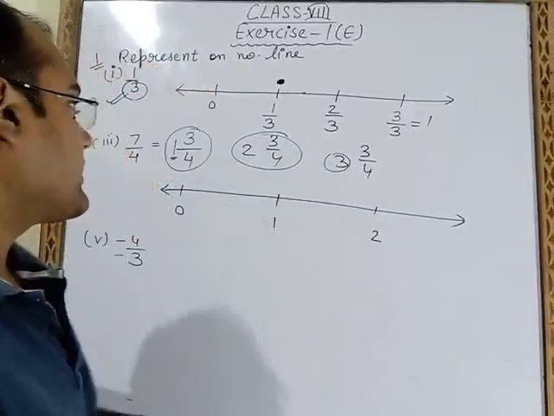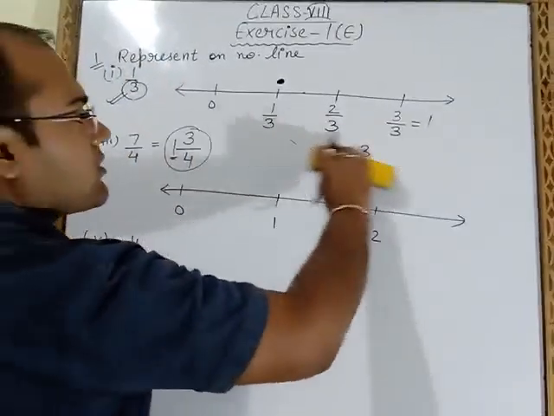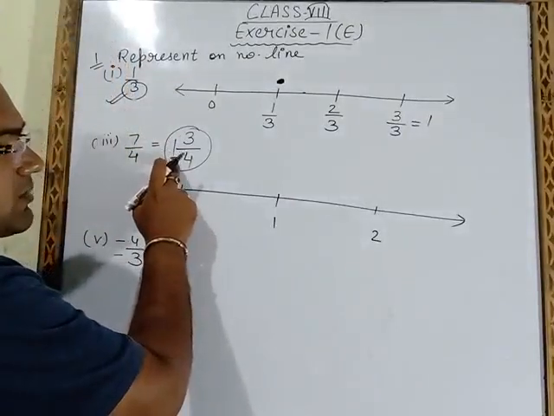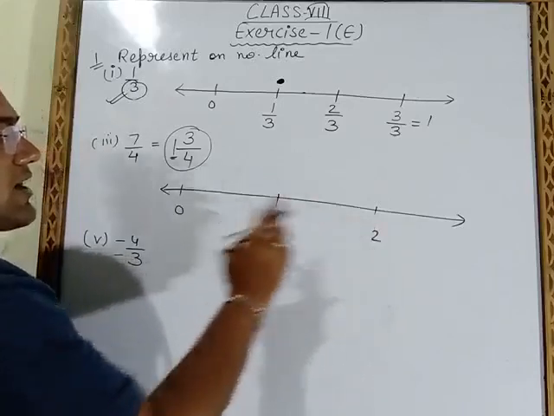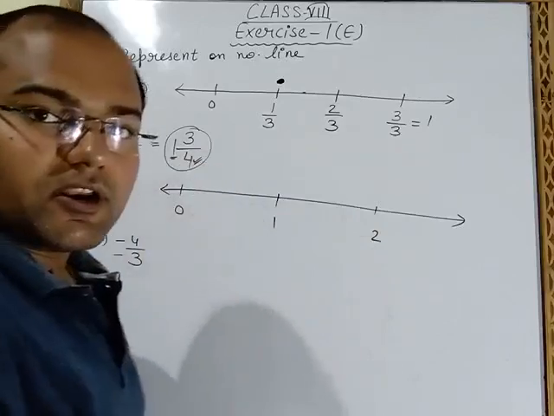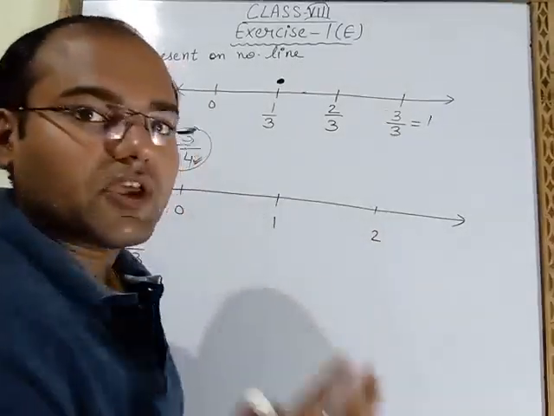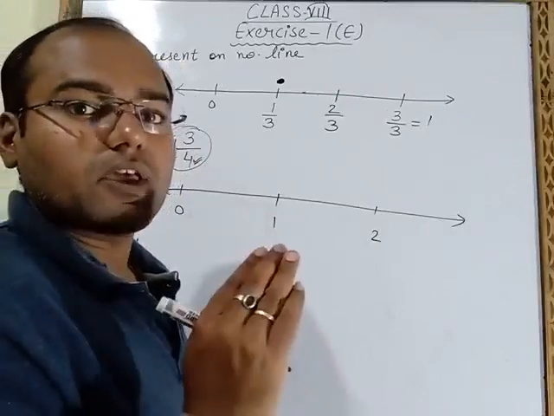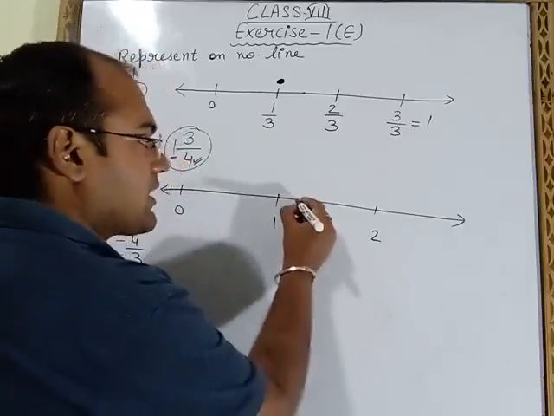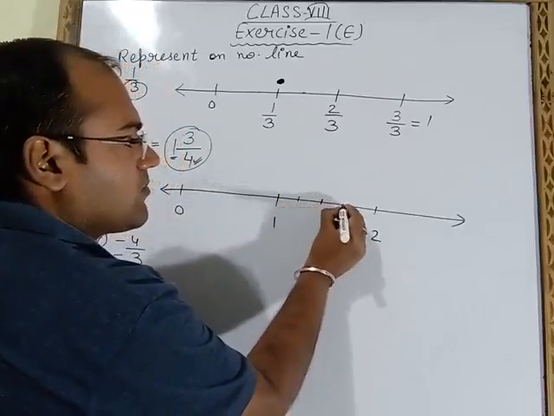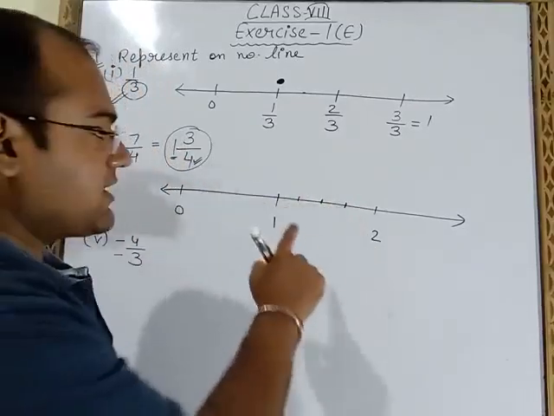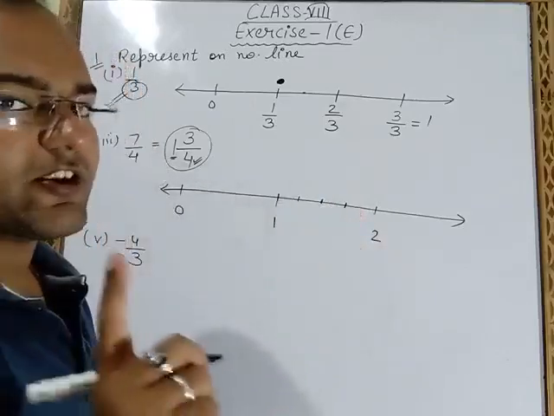Like this you have to do. So this is 1 whole 3 upon 4. To show 1 whole 3 upon 4, you have to show this number between 1 and 2. So between 1 and 2, what is in the denominator? In the denominator 4 is coming. Then between 1 and 2 you have to make 4 divisions. To show 4 divisions, you have to draw 3 marks: 1, 2, 3. These 3 marks you have to draw, and the gap between these marks should be equal. Like that you have to draw.